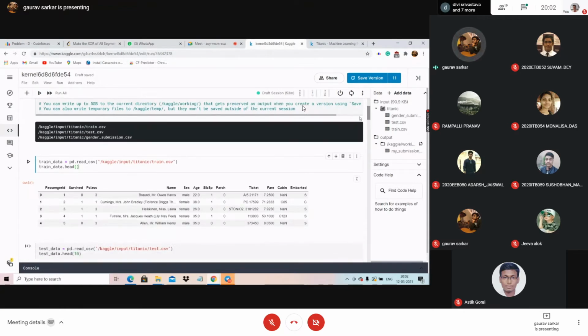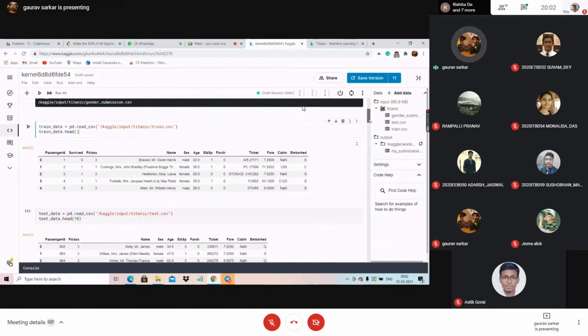Is the screen visible? Can you see the data? Yes, it is visible. See, there is a value called NaN for the cabin one. While I was showing you the dataset, I showed you a few rows were missing, right? That is denoted by NaN. It means there is no data available. And see this PassengerId, Survived, Pclass, all these headings are provided. All these are dependent variables.